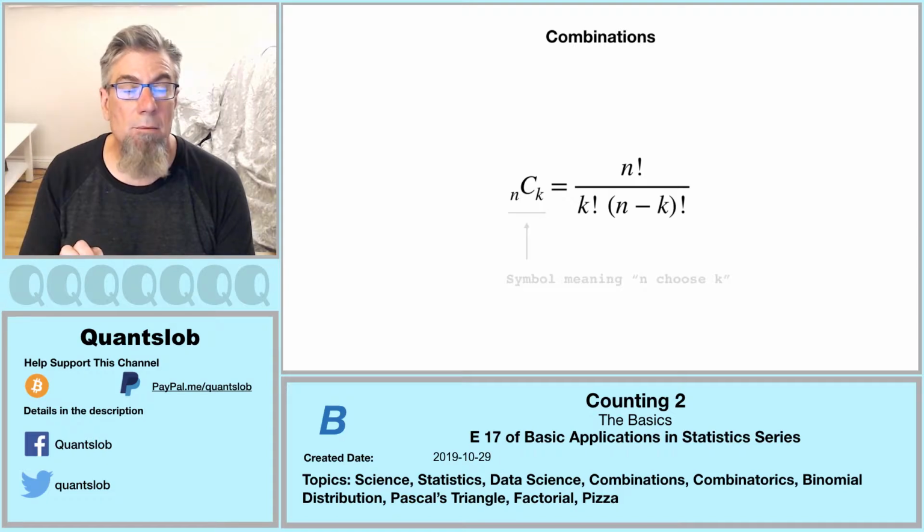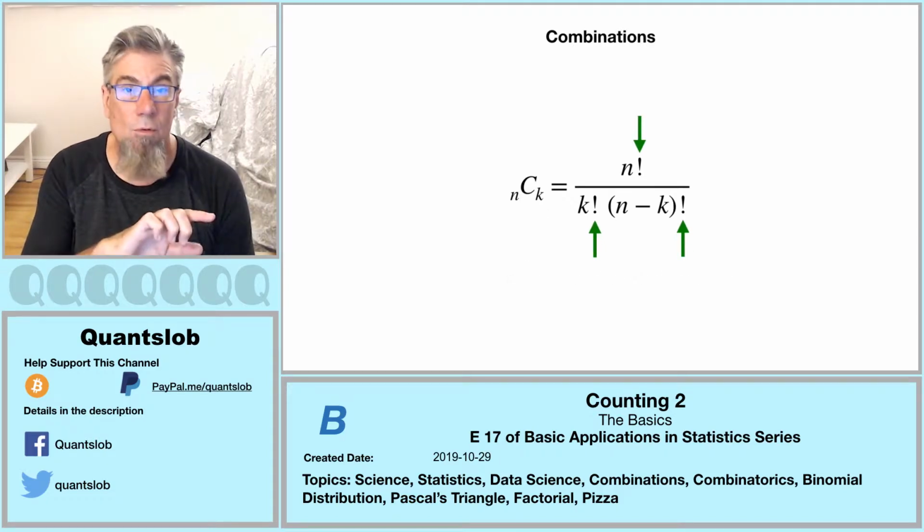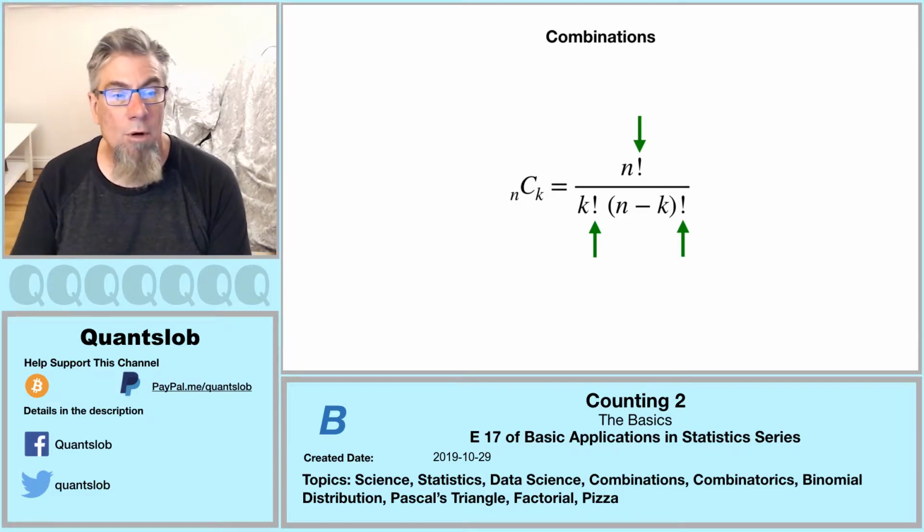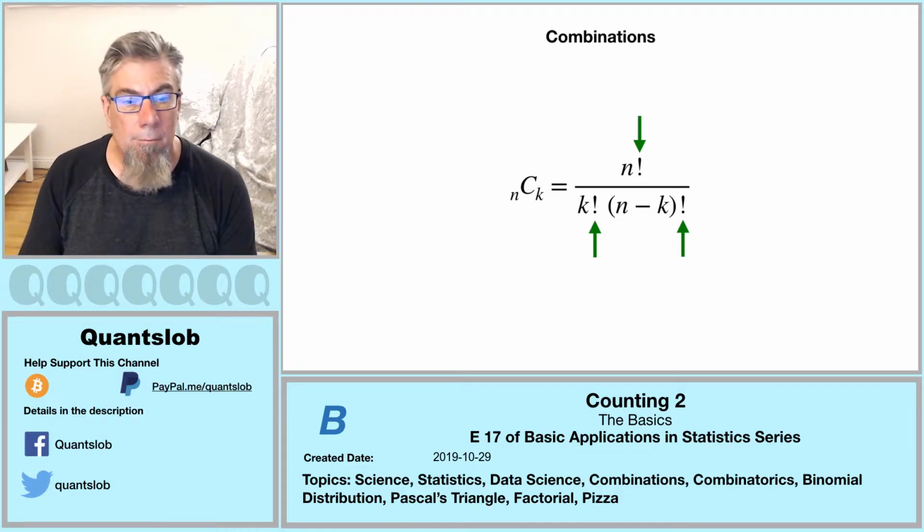The exclamation mark that we see appearing 3 times on the right-hand side of the equality denotes the factorial operator. And of course, factorial is named after the great mathematician and frame welder